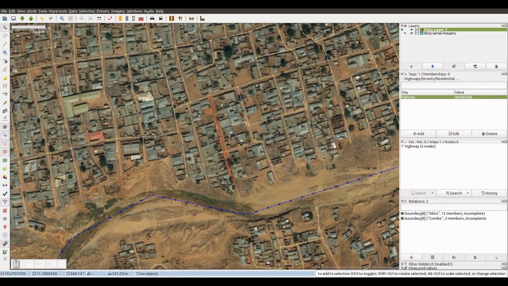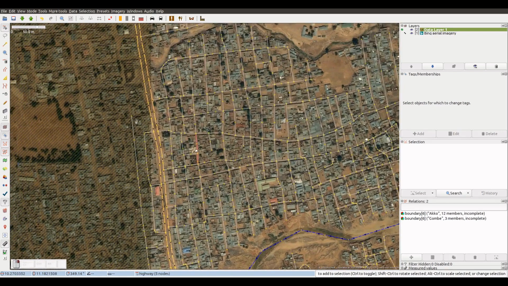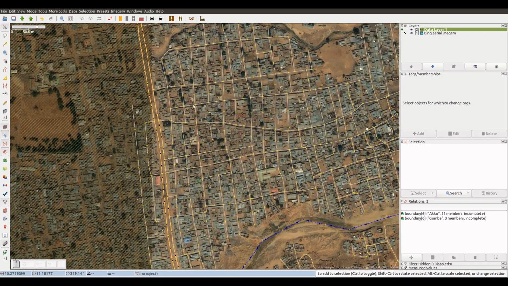We can also combine more than two ways into only one. For example, here we have one street that is divided in 5 segments, as we can see when we select them all.